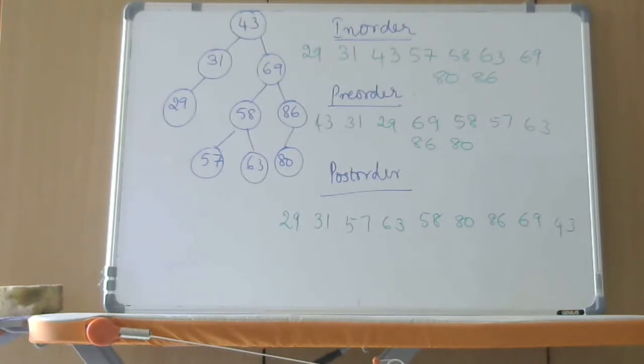So I think we have seen a lot of examples in the last video and this video. So this is how we should write and calculate in-order, pre-order and post-order. Now let us see, we have one lab program, that is how to do the tree traversal in a binary search tree. Okay, so let us see how we can try to code that.